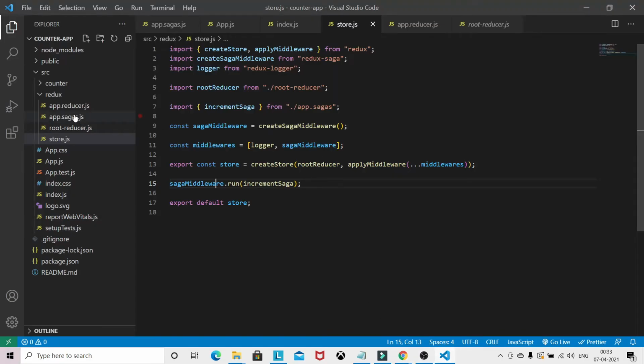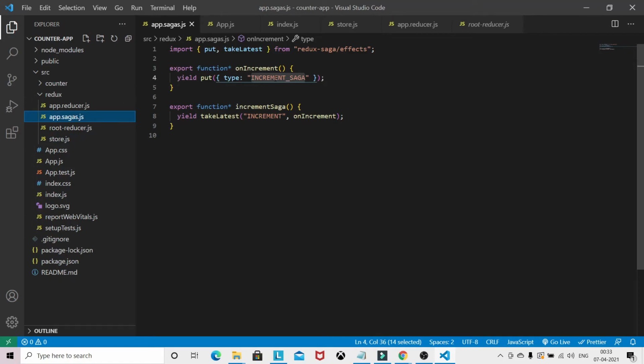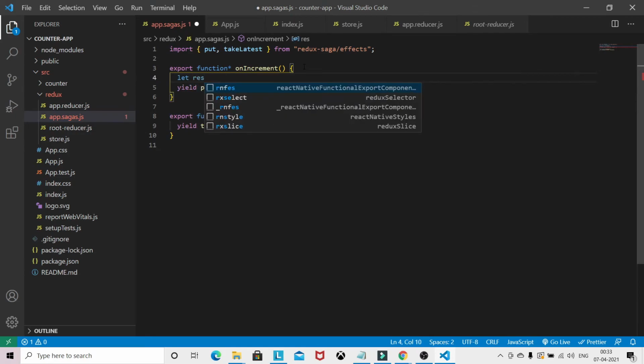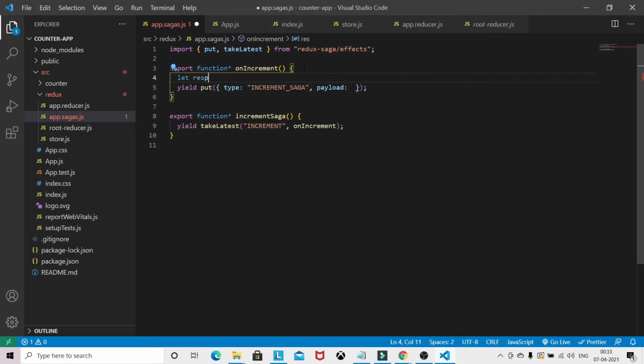You can do a couple of things more. Suppose you are interacting with some third-party API and you have received the response. You can pass a payload with whatever the response is. Suppose it's just an example: the response is incremented.